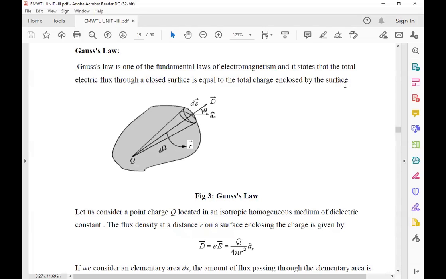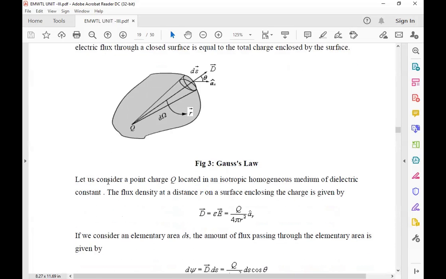Total charge enclosed by the surface means the plus Q inside. Whatever electric flux lines terminate from the positive charge inside leave through that closed surface. You can assume a differential surface area to find out how many lines of force pass through that differential surface area. Both are equal. Understood? The charge Q is inside, and outside there is electric flux, so psi is equal to Q.